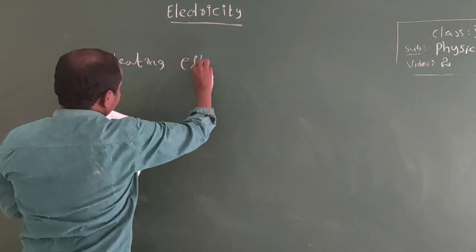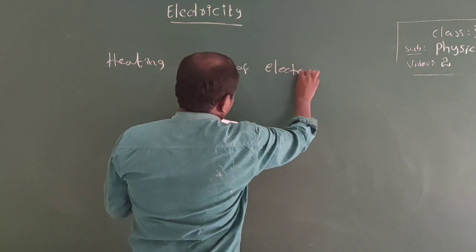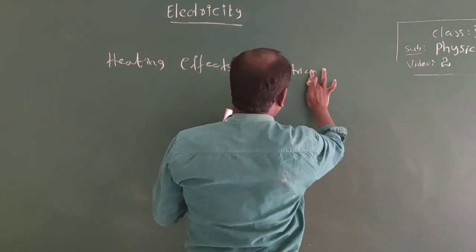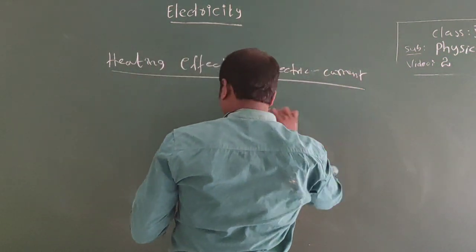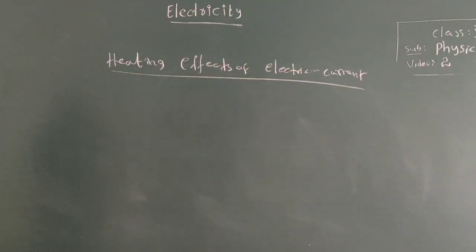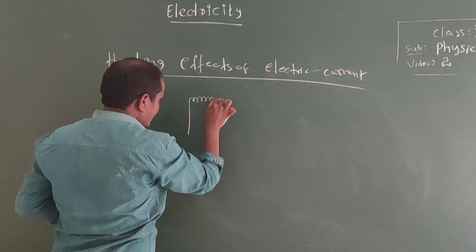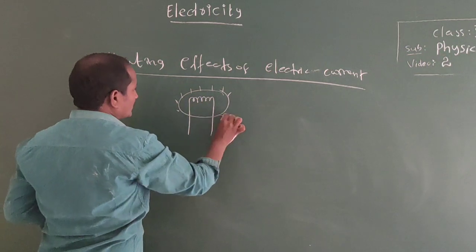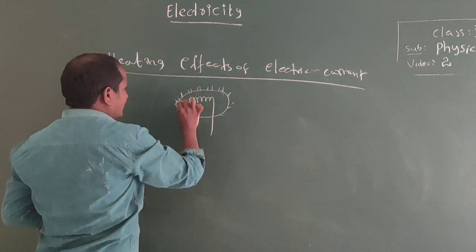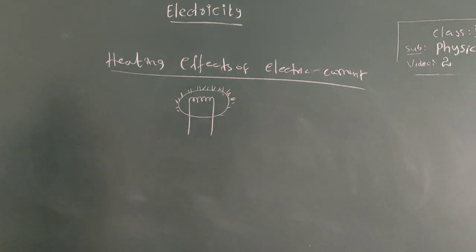Heating effects of electric current. If the bulb is glowing, and we touch the electric bulb when it is glowing,